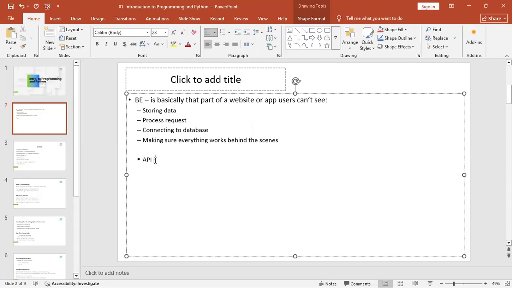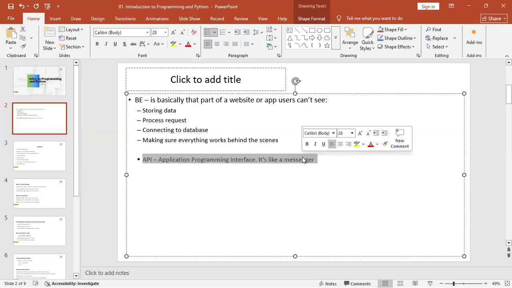All right. So API, it's an acronym that stands for application programming interface, right? That's what it stands for. And what does it do? It's like a messenger, right? That's basically what it does. That's what API does. It's like a messenger